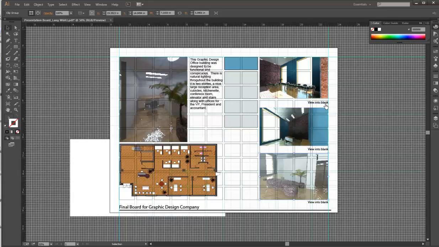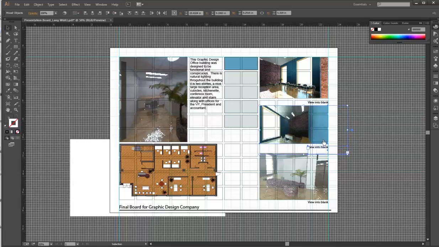But I think you guys are getting the idea here of what I'm talking about. So if I move these up, so that that bottom is still consistent across,